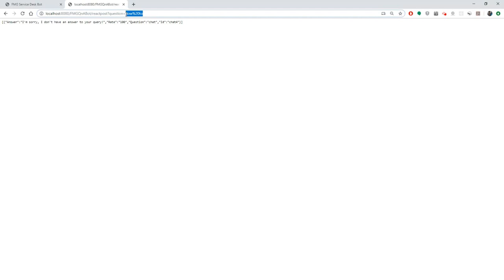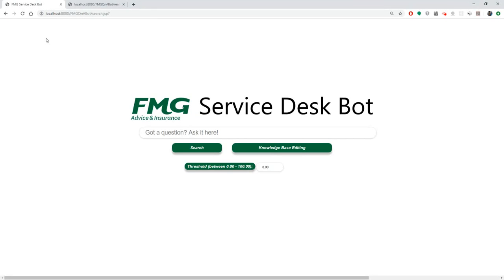Let's try something else. So this is how the other parts of the project communicate using REST API. So now let's go back to the Service Desk bot and we'll just quickly run through how you use that. You type in a question,